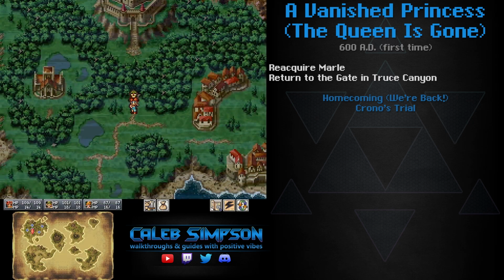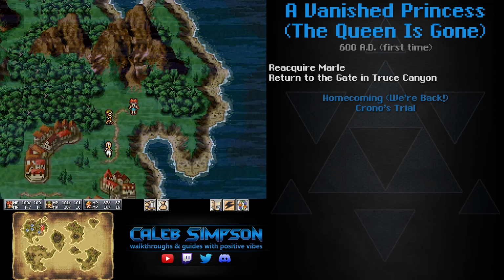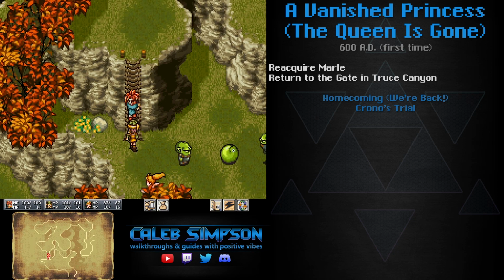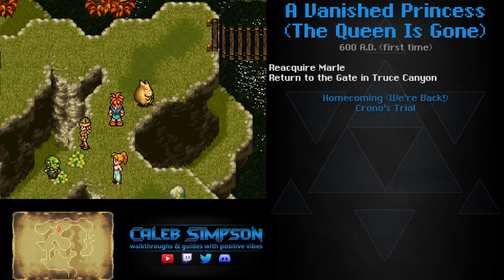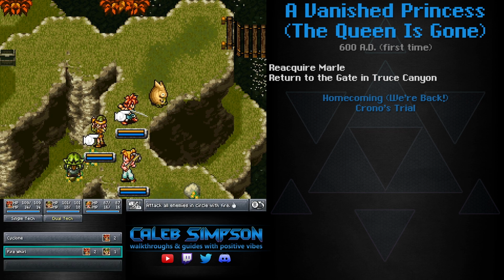However, for me, I am going to be avoiding as much combat as possible, so unfortunately I'm not going to be having Marle learn the heal ability for a little while because she still has quite a bit of TP to earn. So, that being said, I'm only going to be doing the absolutely mandatory required fights, such as this one in Truce Canyon. The biggest threat here is this new enemy called a Fiendalo, and otherwise